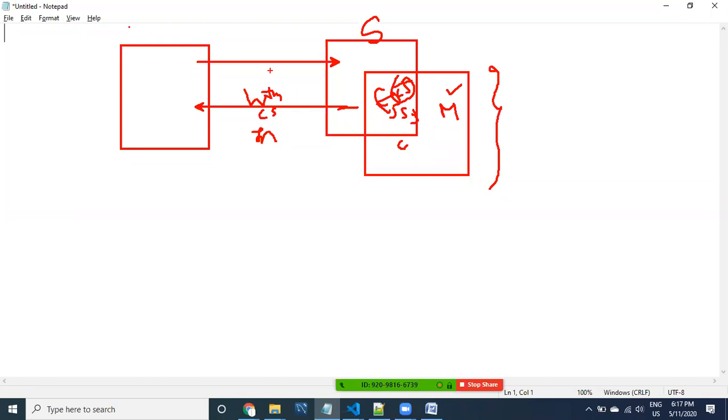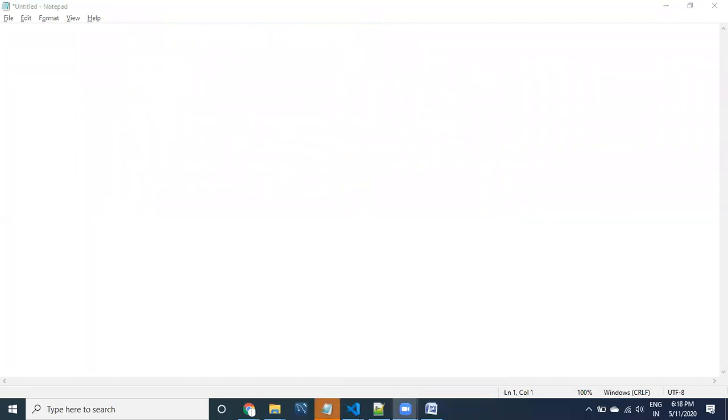But whenever a response is coming from the server to the browser, the component is not going to come to the browser, because the browser doesn't know what a component is. The server is not going to send the module. A module cannot be understood by the browser, because the output is going to be displayed inside the browser. So to display the output, the server cannot send the component, cannot send the module, cannot send the pipe, cannot send the service.